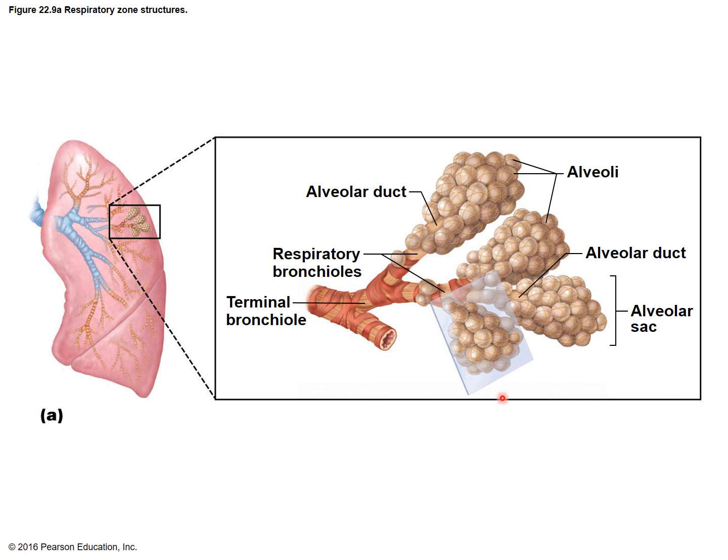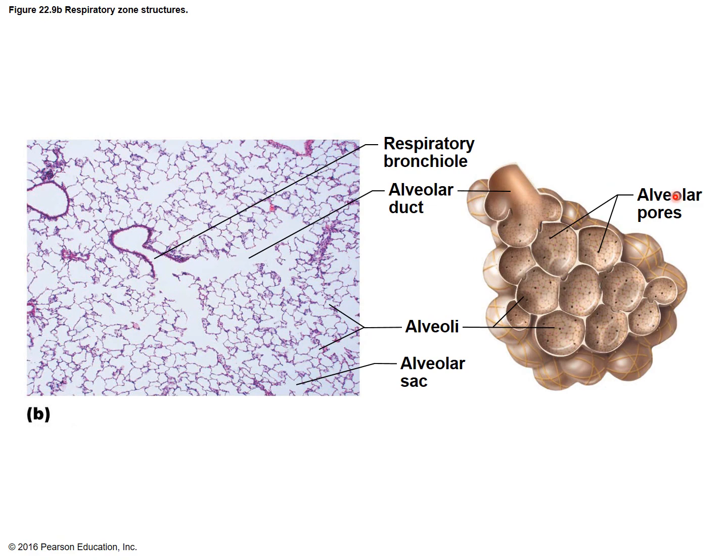So as you can see, here's the terminal bronchiole. You're moving on down. Each one of these individual structures looks like a grape. These are the alveoli. This whole cluster, if you want to call it a cluster of grapes, is the alveolar sac. On each one of these little grapes, each one of these little alveoli, is where the gas exchange is. Once again,